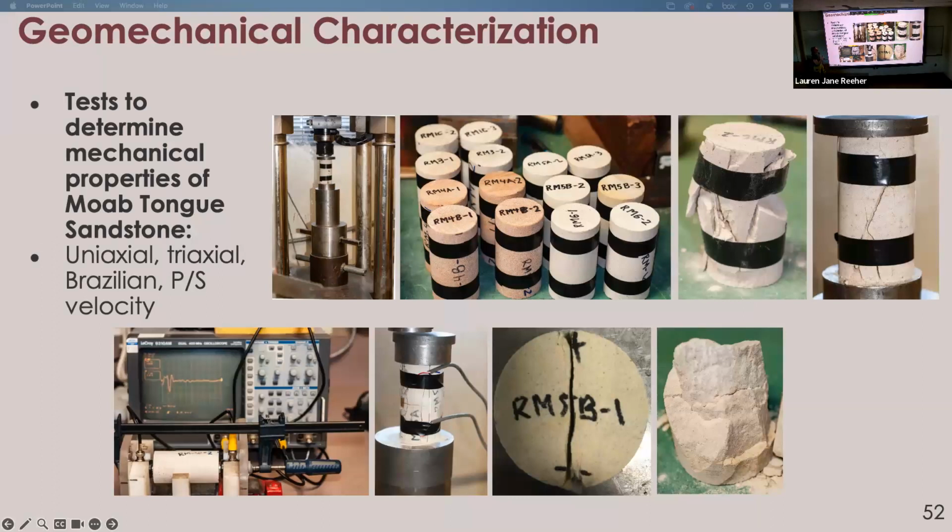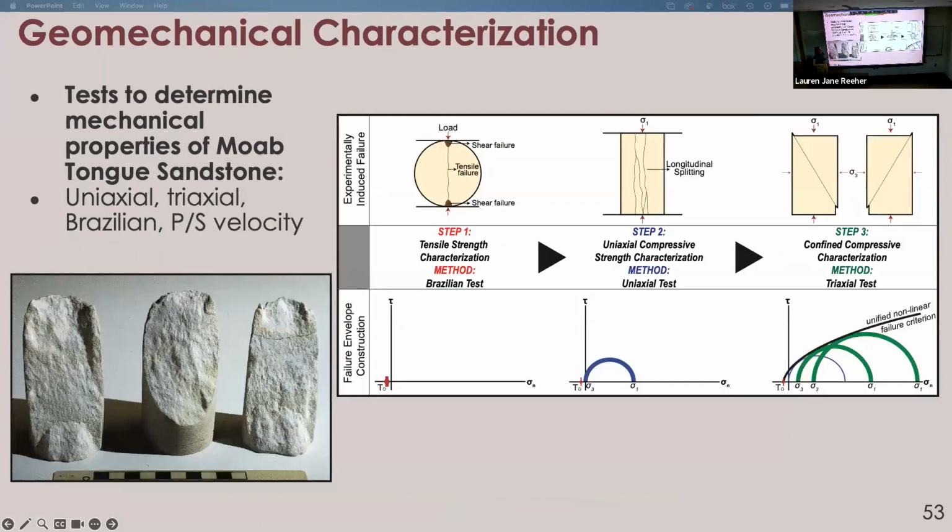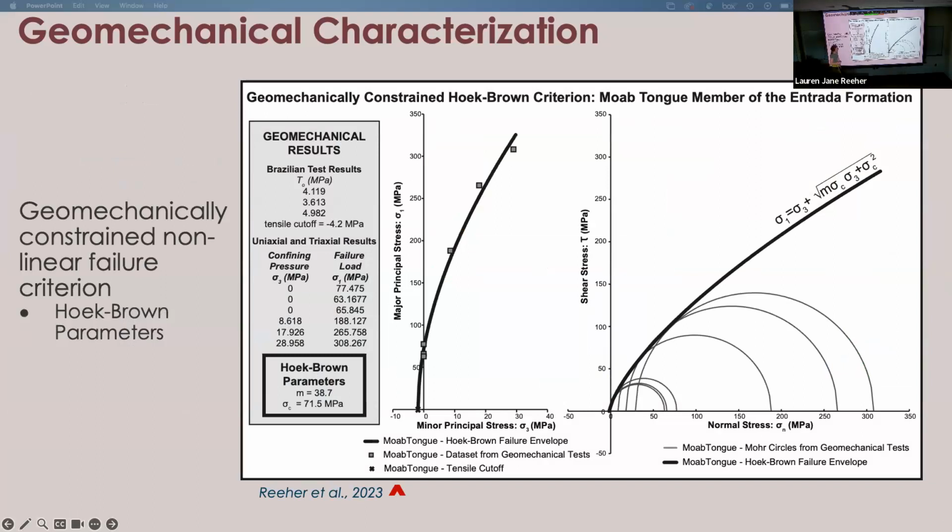So we wanted to try to relate the failure angles we were observing to an actual stress magnitude. So we did a bunch of geomechanical tests on the Moab tongue sandstone to try to define a nonlinear failure criteria for that rock unit. We did Brazilian tests, uniaxial tests, and triaxial tests, and these were all done to define a failure criteria for the intact rock. And the results from that show a failure criteria, but the significant thing is the very low tensile strength